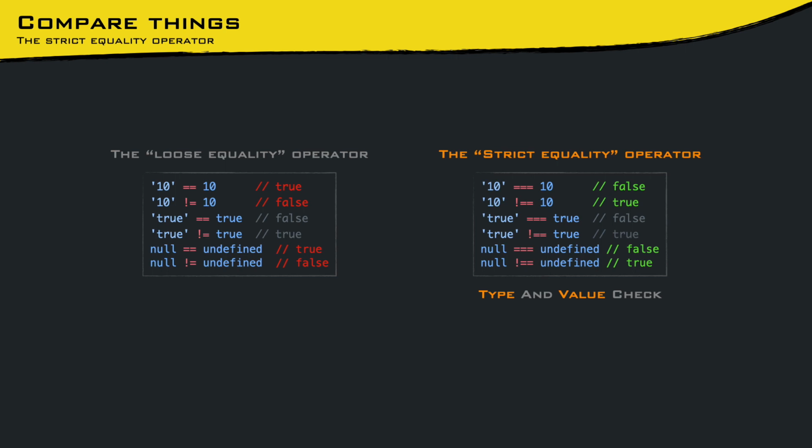As a general rule, it is better to use the strict equality operator instead of the loose equality operator, because it checks both value and type. This promotes type safety, prevents unexpected behavior, and produces predictable results. There are cases with null and undefined where you may want to use the loose equality operator, but in those cases, from a readability point of view, a simple not may be more clear.